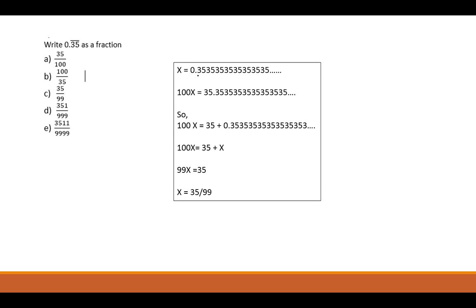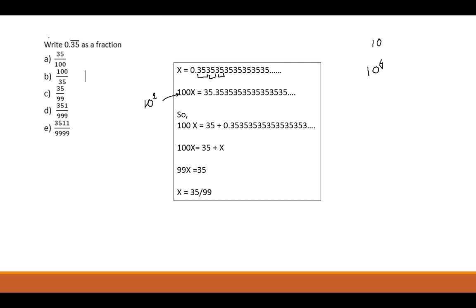So for example, here I have two digits recurring all the time, 353535. So that is why I have multiplied with 10 to the power 2. If I had one digit recurring, I would be multiplying with 10. If I had four digits recurring, I would be multiplying with 10 to the power 4. Now see how that makes it easy for us. For example, you see 100x, we have got